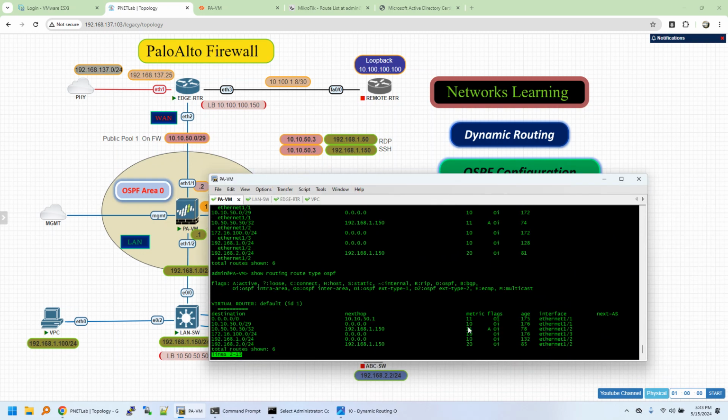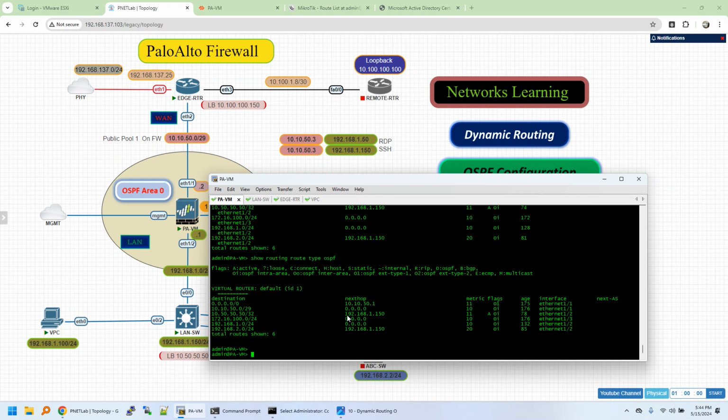So you can see over here we have a default route as well from the edge router 10.10.50.1 with OSPF, and it's OSPF internal, and we have 10.10.50.50, which is the loopback on the LAN switch, and it's going towards 192.168.1.50, and it's active. You see the others are not active, only this route is active because we have a static routing configured